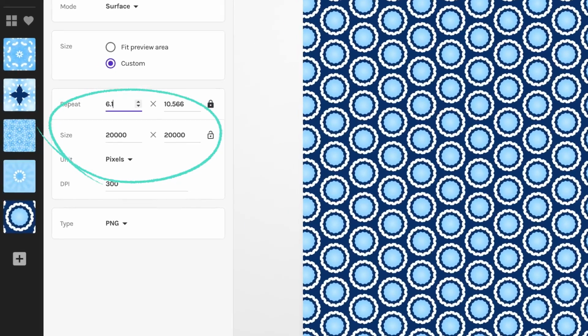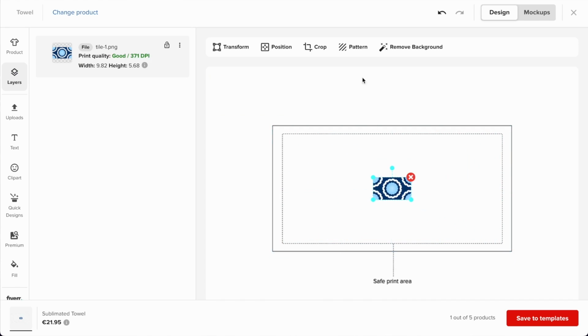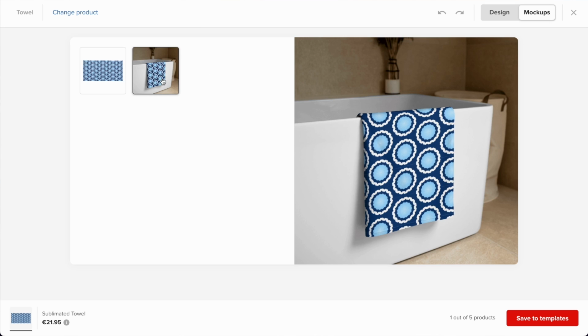It's 5,000 by 5,000 pixels, and the larger the size that you have on your source image, the better resolution, the better quality you'll have with the size that you export from Repper. Repper can export really large sizes for each and every one of your designs, so there is no problem of exporting the entire size of whatever you want to design. If you want to export something in 20,000 by 20,000 pixels, not an issue. However, if you do not want to mess around with large file sizes, you can also export a specific tile and then upload it to Printful and use the repeat option over on Printful to create your all over print